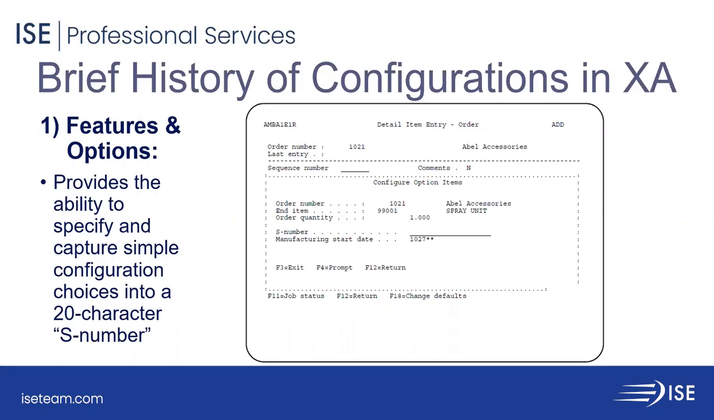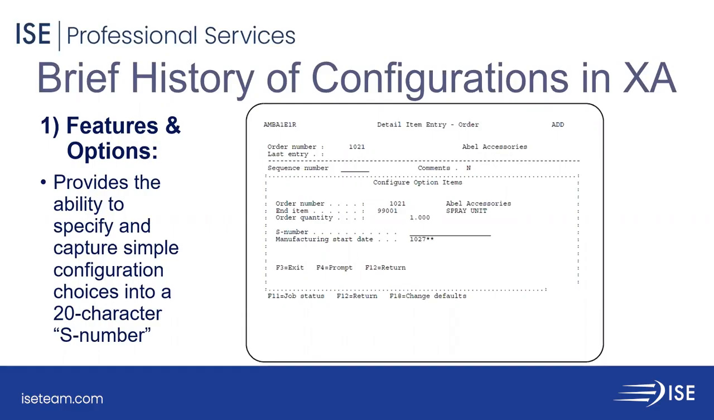So those of you that have been around a while certainly understand XA's features and options. And this, of course, was a good way. For what it is, it's very powerful, and it does a lot. This was a way for XA to provide the ability to specify and capture simple configuration choices. And you ended up with a 20-character, what was called an S number, and that S number, of course, is